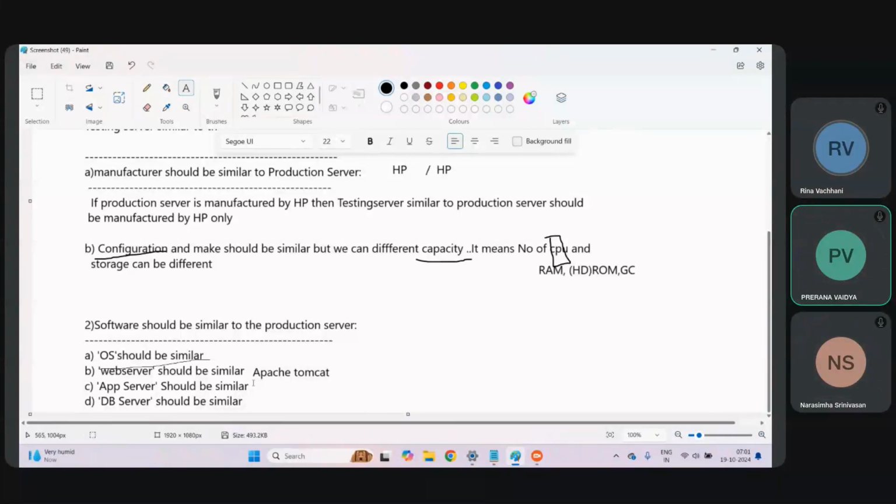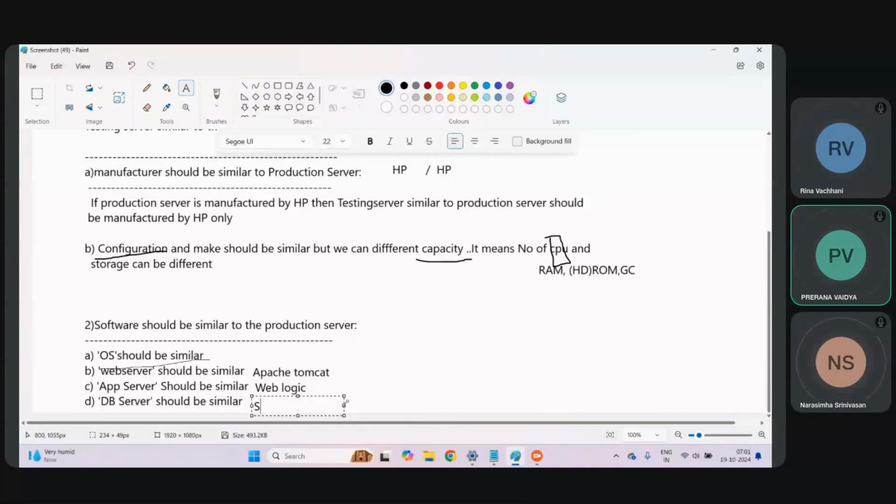Understood? Yes, sir. Giving one server name, that's it. Next, we have something called WebLogic, one of the servers which is used as an app server. We can change WebLogic as a web server also. We can change Apache Tomcat as well. See, this is just a combination of hardware and software. However you want, you can utilize that. But the database should always be